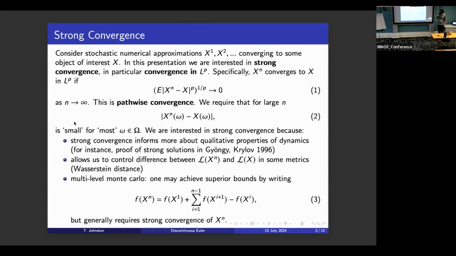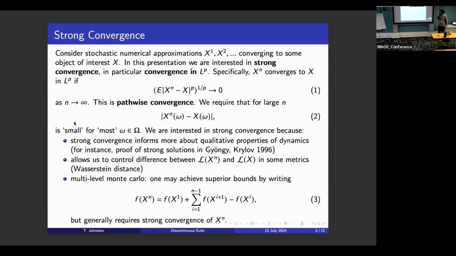So I'm going to talk about strong convergence. I thought this is probably familiar to a lot of you, but I'd quickly talk about why we're interested in strong convergence rather than weak convergence. Generally, with applications of stochastic analysis, one is interested in drawing from a certain measure, and in a sense one's rarely interested in the actual true continuous time process. One's interested in finding some numerical approximation which is close to the object of interest in law.